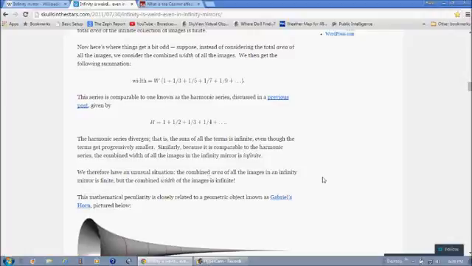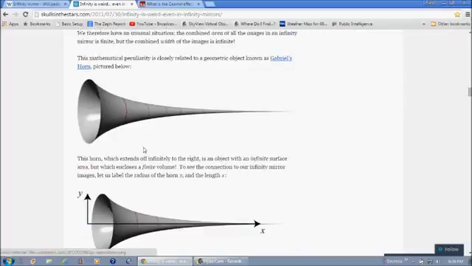The combined area of all the images in an infinity mirror is finite, but the combined width of all the images is infinite. So this mathematical peculiarity is closely related to a geometric object known as Gabriel's horn, pictured below. And this is the point, kind of. This horn, which extends off infinitely to the right, is an object with infinite surface area, but which encloses a finite volume. To see the connection to our infinity mirror images, let us label the radius of the horn y